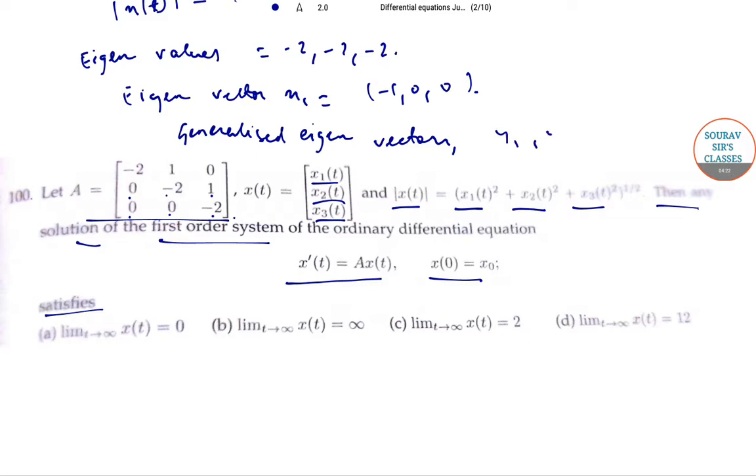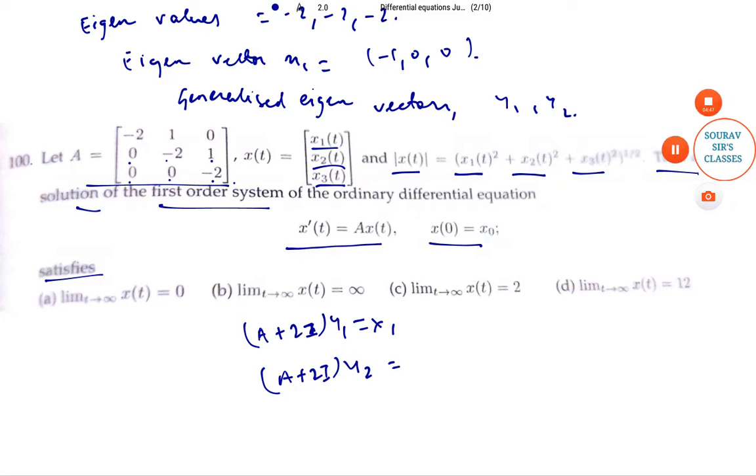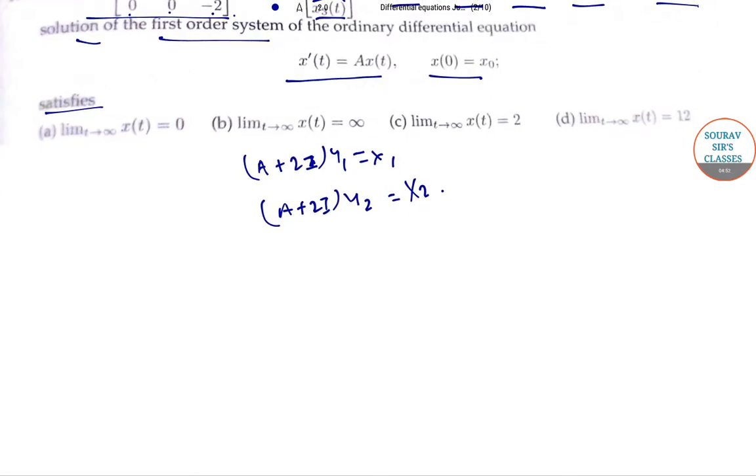let them be y1, y2. Then we have to solve the equations given by (A + 2I) y1 is equal to x1 and (A + 2I) y2 is equal to x2. Then the solution for such a system is given by